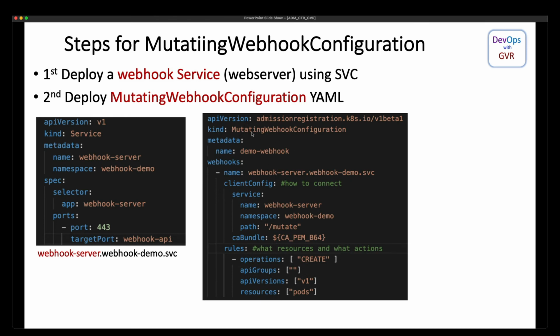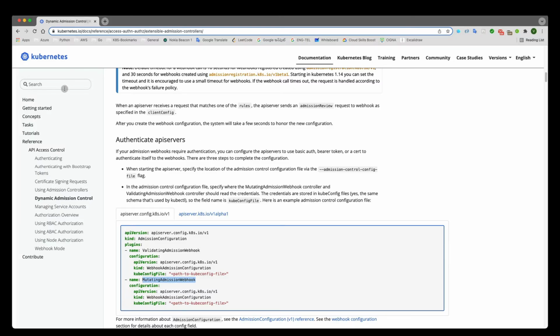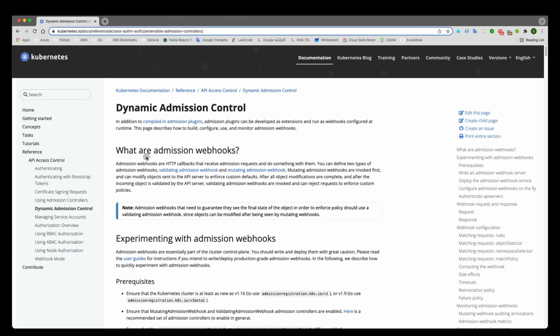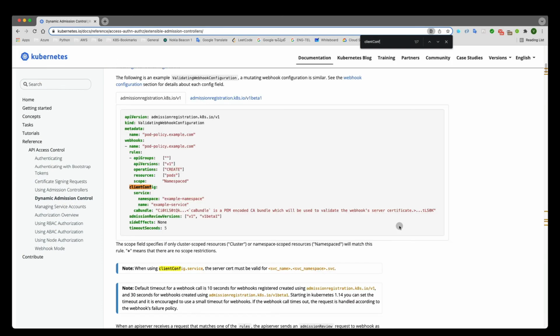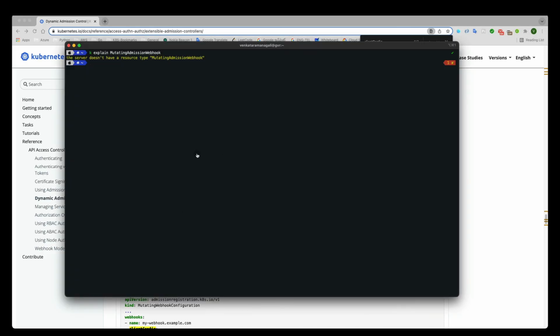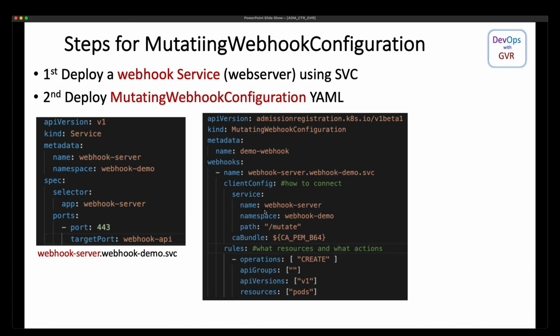If you look at the mutating webhook configuration, you can find it under client config. What is a URL? Here under admission, under client config, you see there is a URL. In this URL, wherever the webhook exists, you can specify it, but it's just an example for you guys to explain.